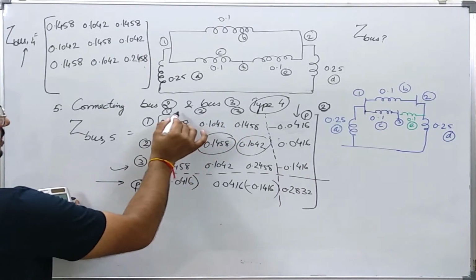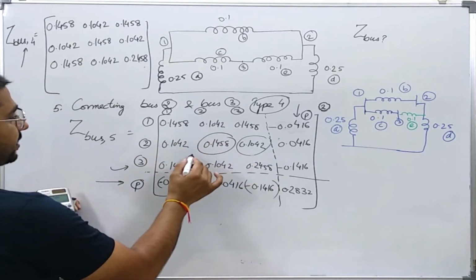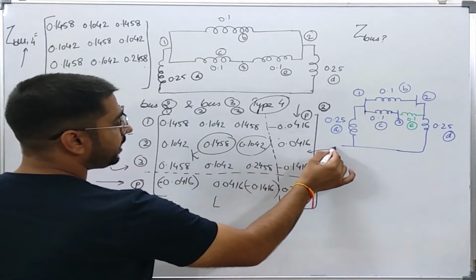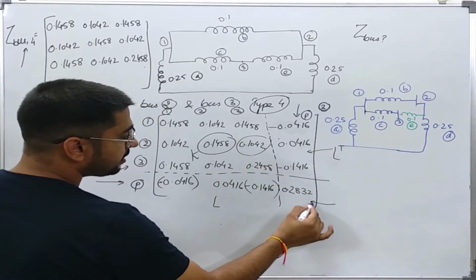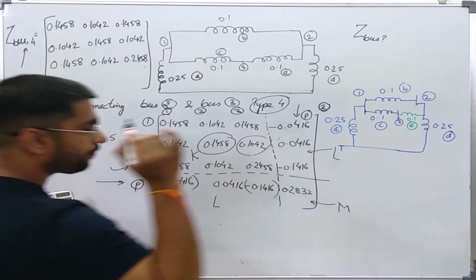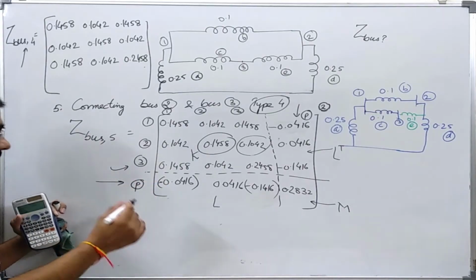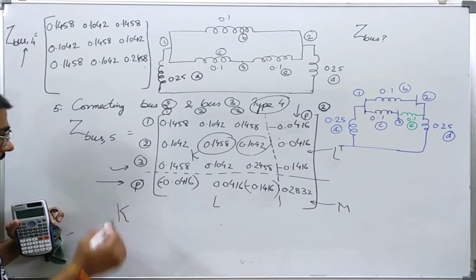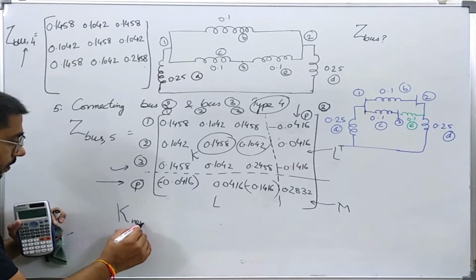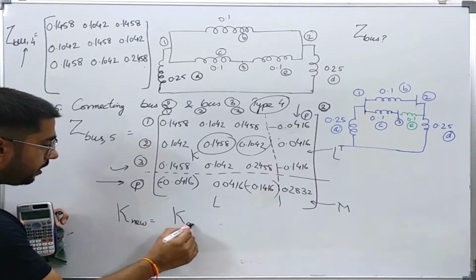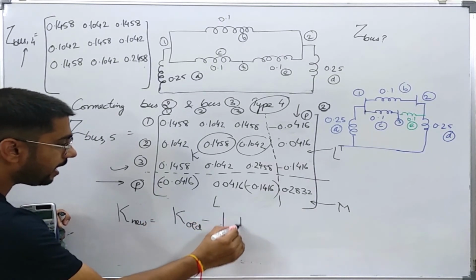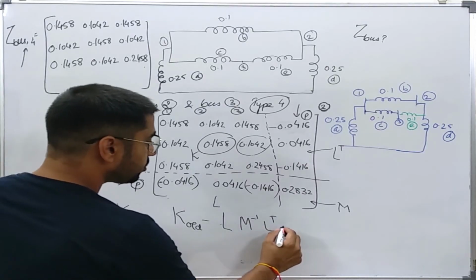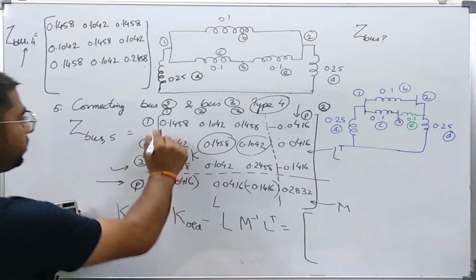So this 3x3 matrix is nothing but K, and this matrix will be L, and this matrix will be L transpose, and this single element matrix, let us say it is M. Now we know that K new is nothing but K old minus L M inverse L transpose. So K new is nothing but K old